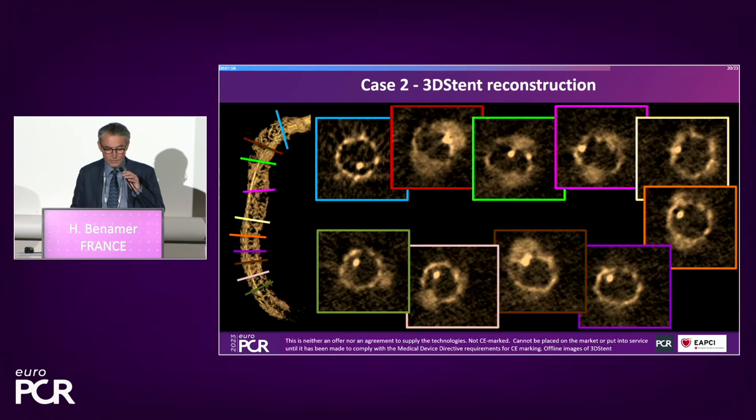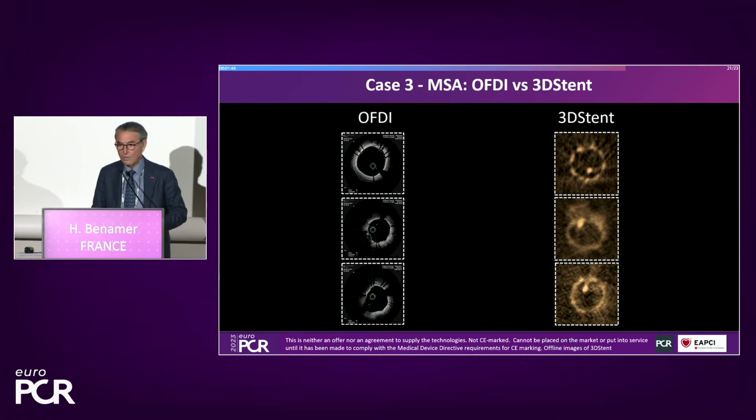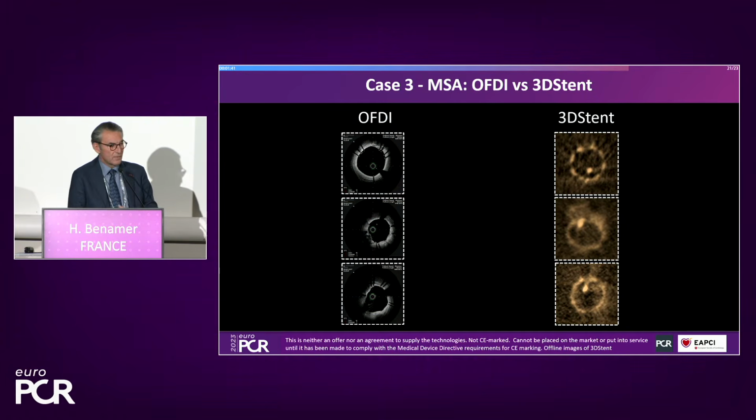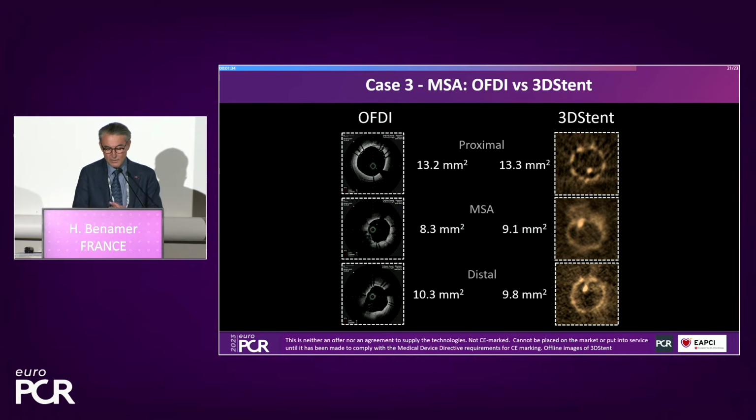As you can see here, we can see also sagittal views of the coronary artery, and in different areas of the stent, and we can make measurements of the section. We did an OFDI for this patient, and the OFDI was really good. We have very interesting images, and as you can see here, the measurement of the area of the section was really